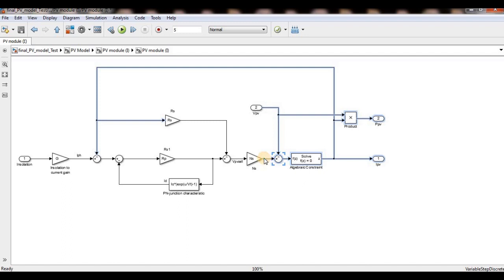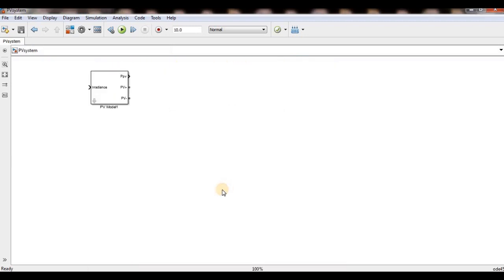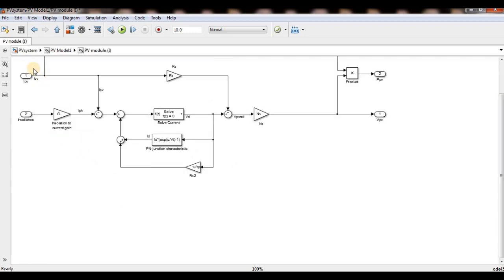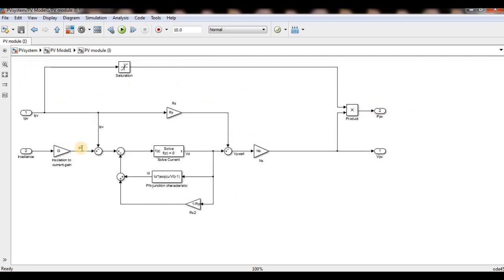From this I will connect to one voltage source converter, and from the voltage source converter I can directly take the current. So this module is here. See, this is the PV module. Here arrows are there, dots are there. This is the insulation. This is my block. Whatever I explained to you, the same block is here. The G is there, RSH is there. I already told you that I will do it with this module only, so I did it like this.